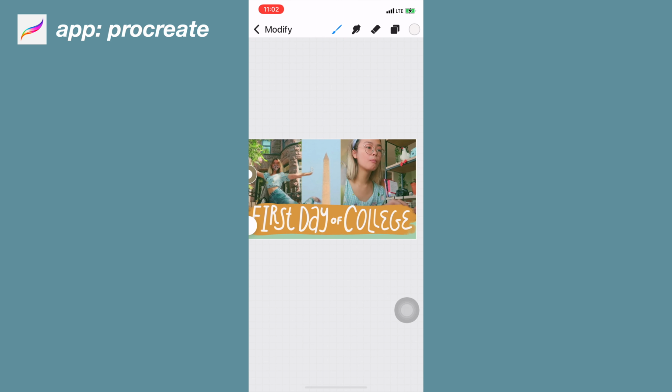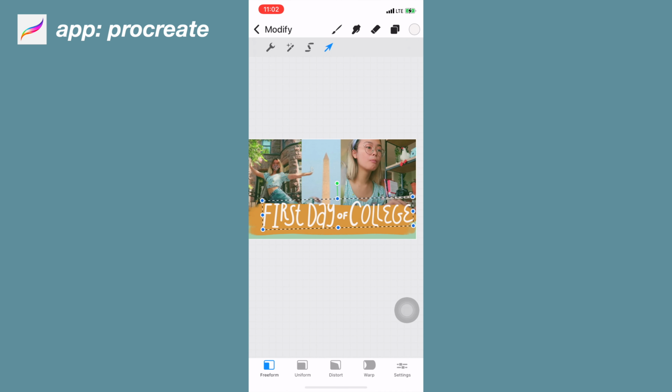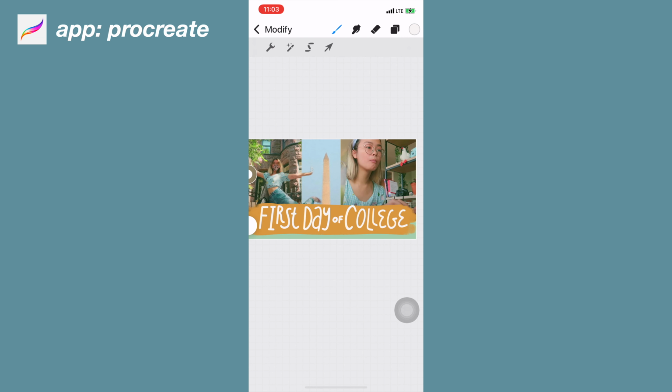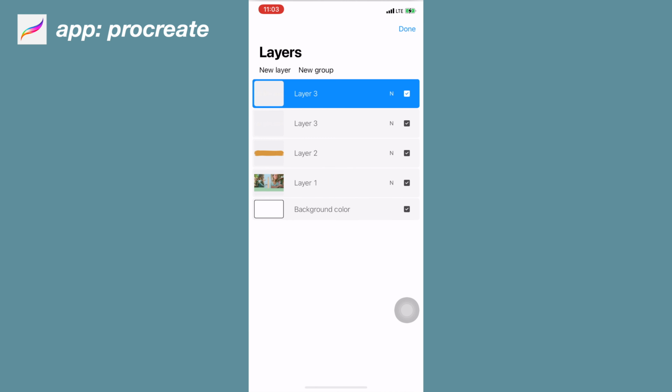So now that I have my text how I want it, I'm going to add a shadow to it. So first I'm just adjusting it so that I can make sure that I can add the shadow to the background. And then what I'm doing is I'm going to these 2 squares in the top right corner of the screen, and I'm dragging that layer to the left and clicking duplicate, and that will just duplicate the same layer so I don't have to redraw the text. Then I'm going to the move tool and I'm moving the second layer slightly to the left. We can edit this later, but this is just so that we can see what color the shadow is